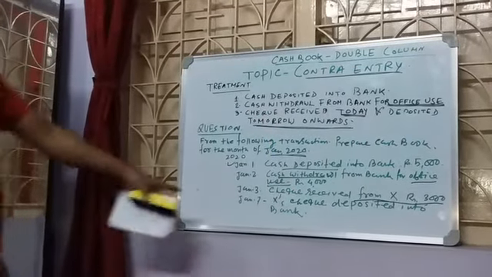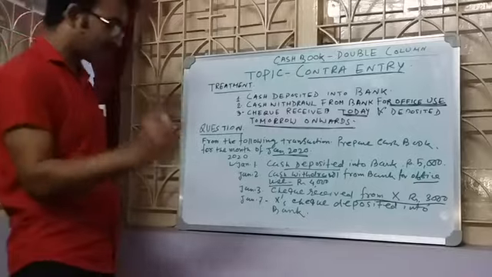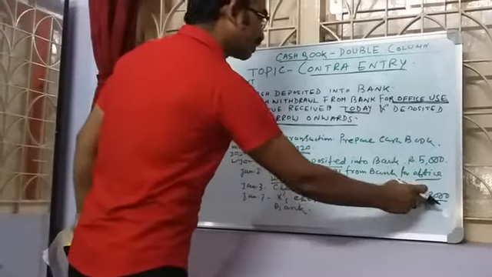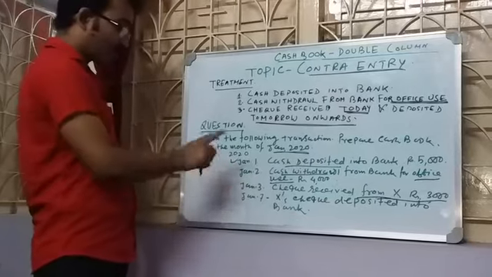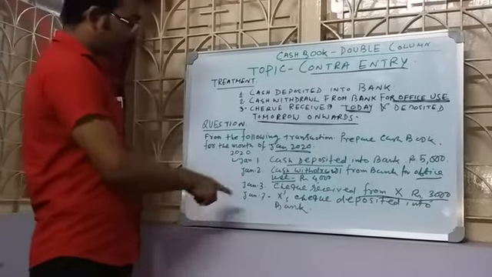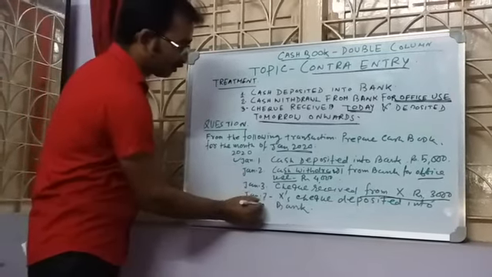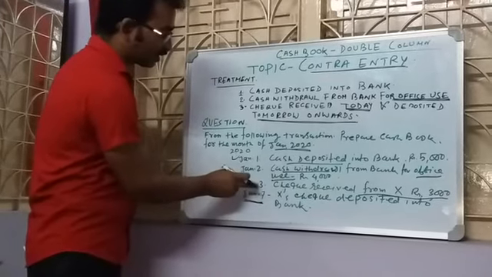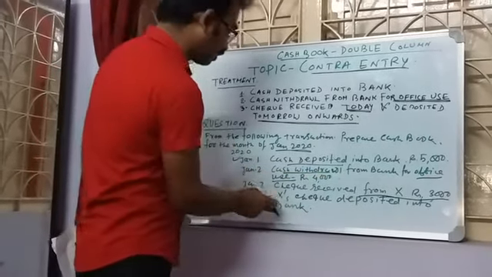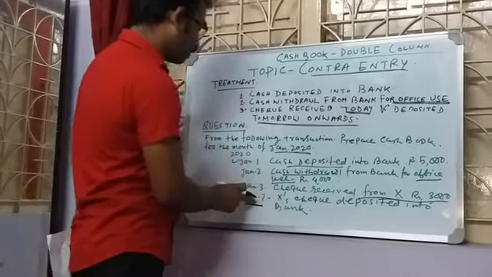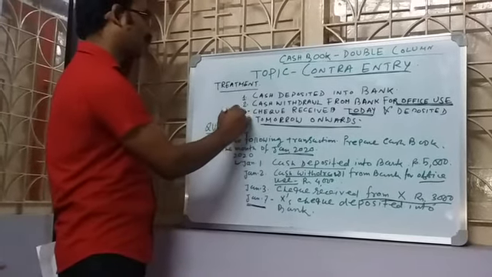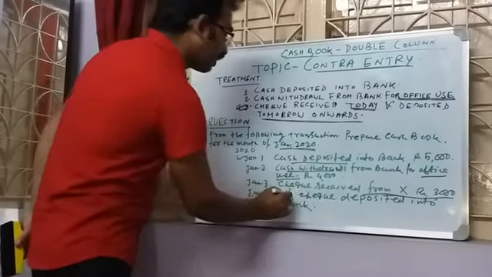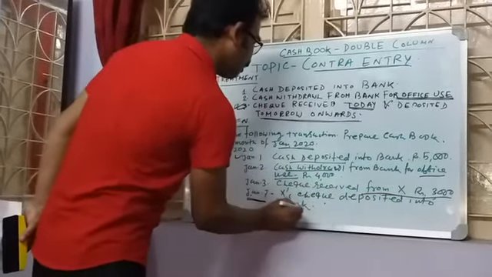So today, the 3rd of Jan, I am receiving a check from X for 3000. But on this particular day, Jan 3, it is not possible, and I am depositing the check on Jan 7. When I deposit the check into the bank, the date is the 7th of January. So this is the third treatment. The third treatment is applying here: the check deposited into the bank.